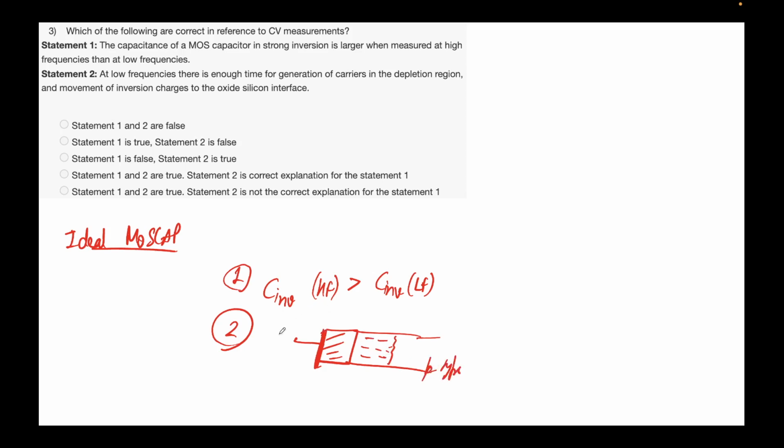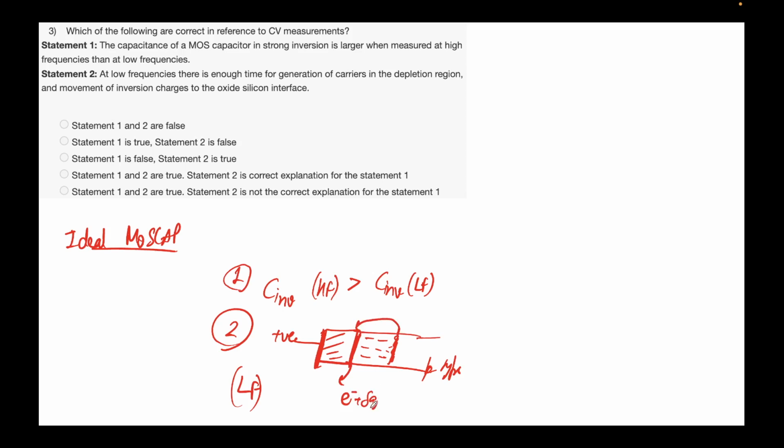Okay, so you're applying a positive gate bias here. It's already depleted, and when you put a small charge, what's going to happen is that for a low frequency, it's already inverted, so there's a sheet of electrons that's already present here. It's a sheet of electrons. So what it's saying is that at low frequencies, there is sufficient time. This means voltage is not changing fast enough, and the electron will have sufficient time to be generated here and then travel here and add to this,